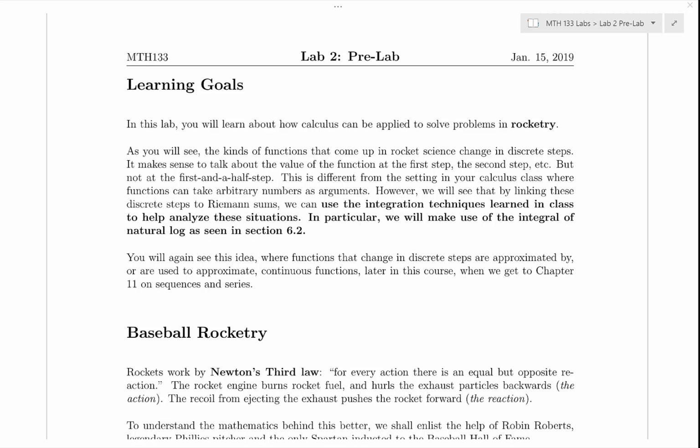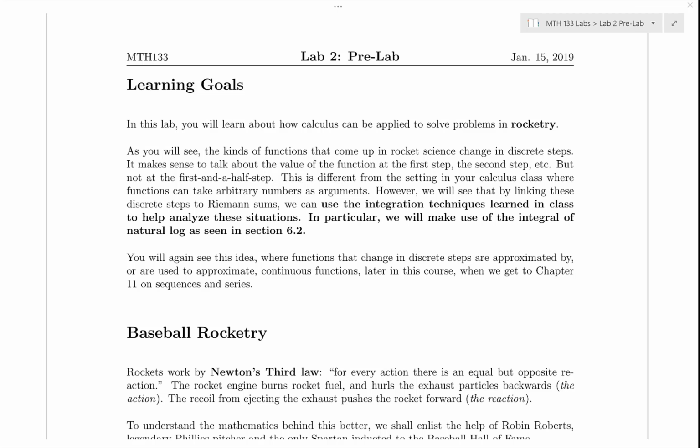Welcome to the Lab 2 Pre-Lab. In this lab, we're going to be using some calculus to analyze situations in rocket science, and we're going to see along the way that, as in the previous lab, sums and integrals are very closely related, and in practice, they can be used interchangeably. In particular, we're going to make some special use of the integral of natural log to help us analyze a